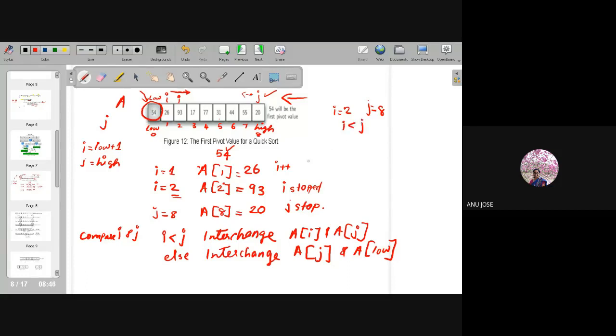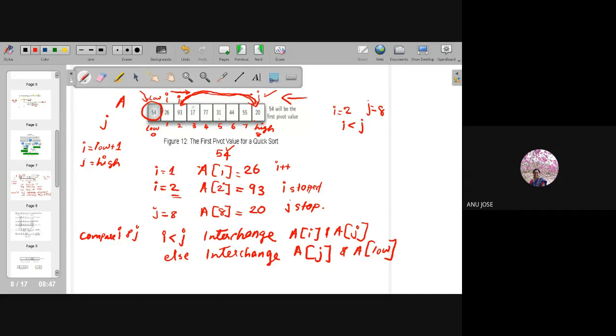So I have to interchange A of i and A of j. 93 will come into this location and 20 will move into the other location. So 93 and 20 will be interchanged. That is the first iteration.